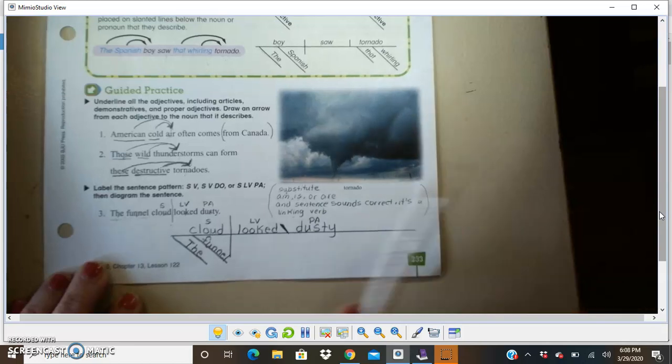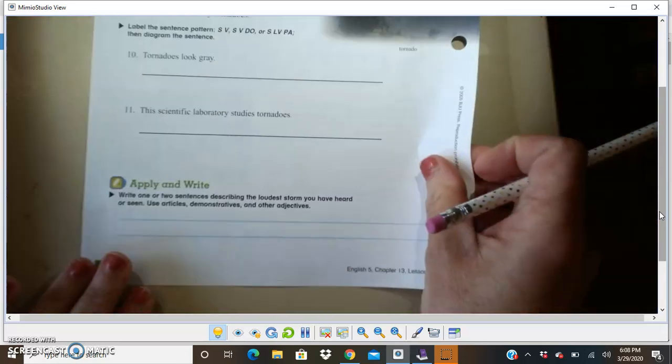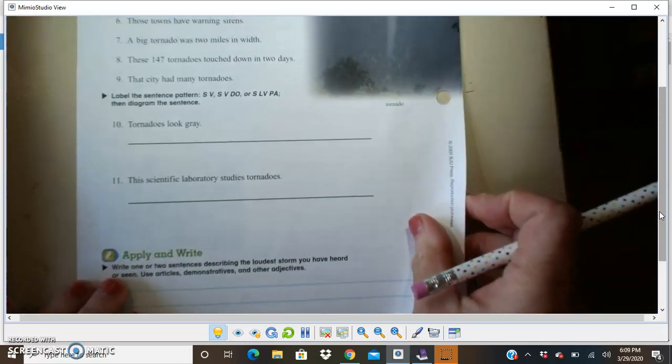So this is what the back should look like. Okay, some of you are just putting SVDO or whatever on your diagramming sentence line the other day, and that's not what you're really supposed to be doing. So I'm going to flip this over, and we're going to do